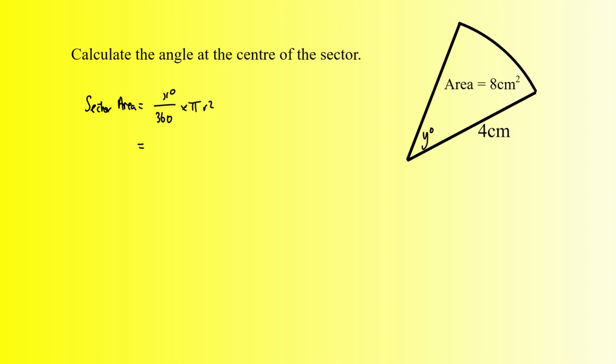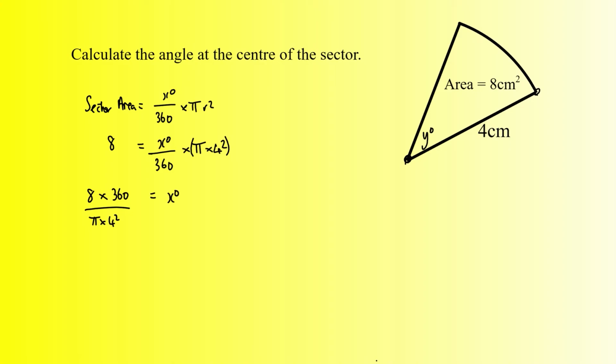And we've got to substitute in all the information we already know. So the sector area was 8. That's what we're told here. The angle we don't know, so it's x over 360 times pi times the radius squared. The radius is going to be 4 from the middle to the outside, so it's times 4 squared. And you'll see, from the previous example we did, how similar the rearrangement is. If we multiply both sides by 360, it's 8 times 360 on this side. And also, if we divide both sides at the same time by pi times 4 squared,